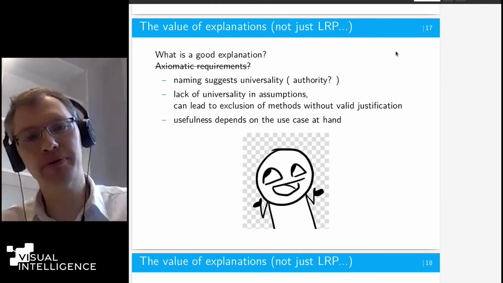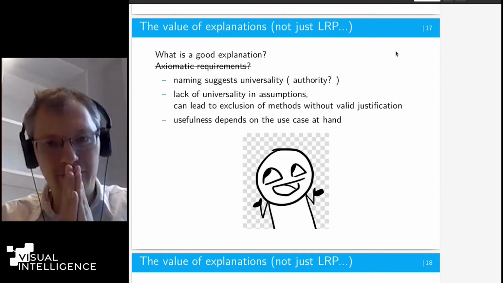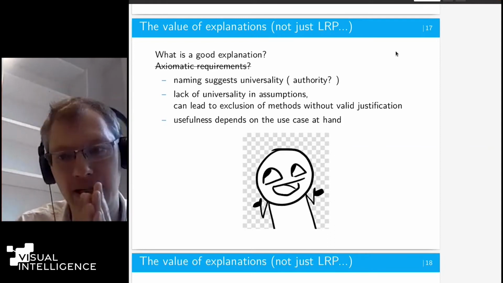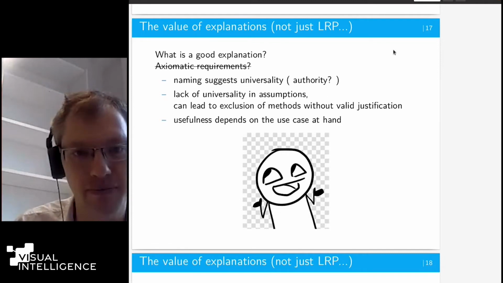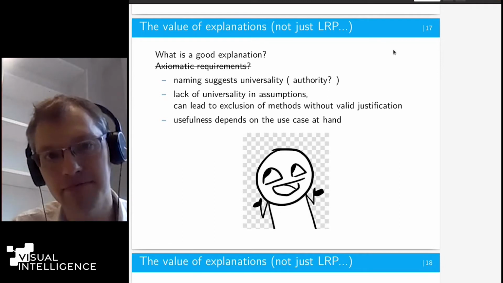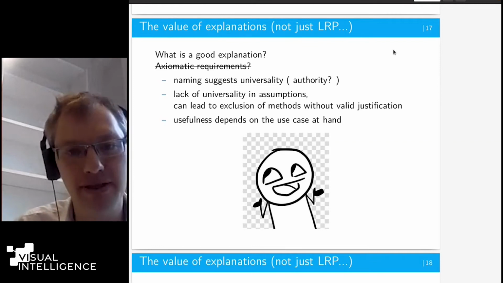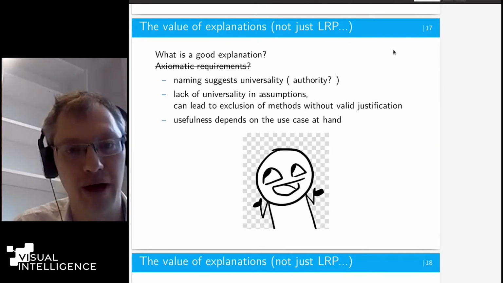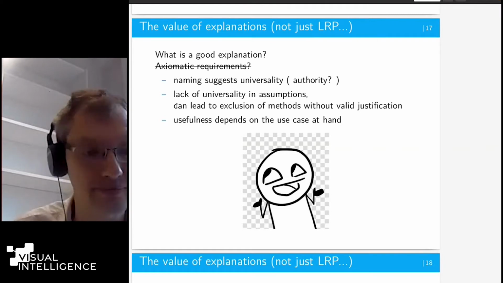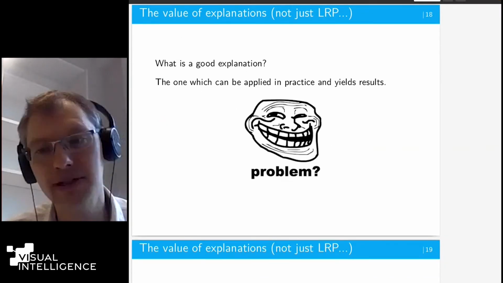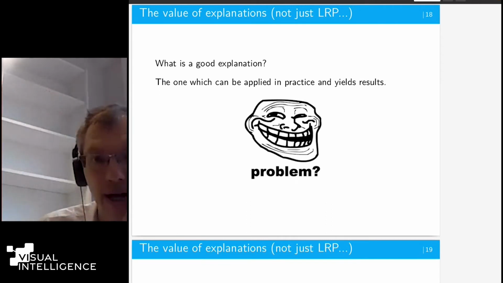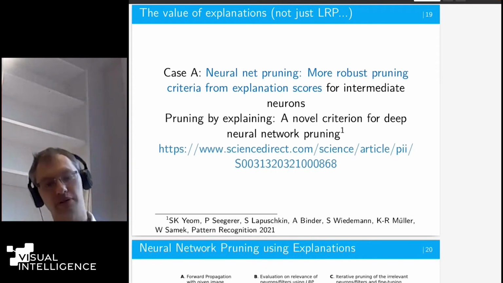And if you apply them without very carefully reading these papers, it can lead to exclusion of methods without actually valid statistical justification. For me, I'm not a guy who goes for axiomatic requirements, because for me, the usefulness of a method depends on the use case at hand. So my point is, what's a good explanation? It's the one that can be applied in practice and yields results. And let's go now for some use cases where we can do it.